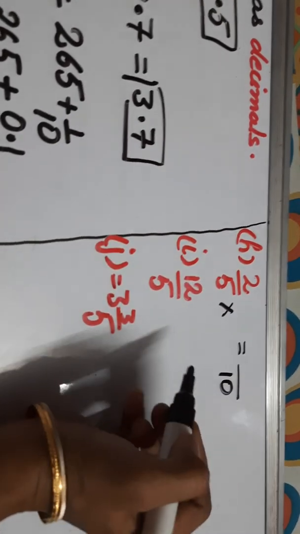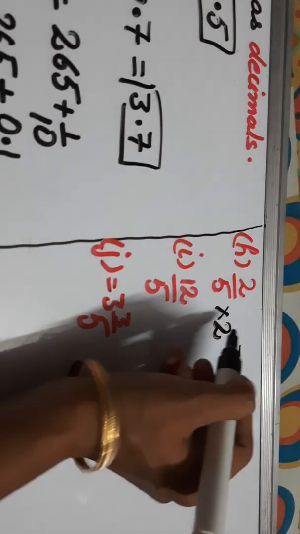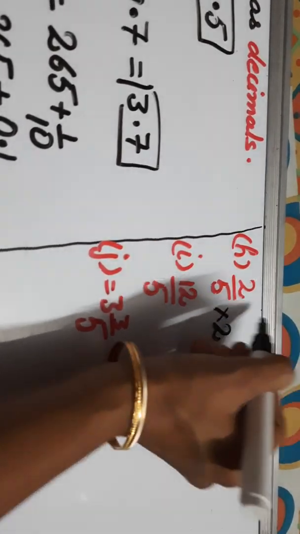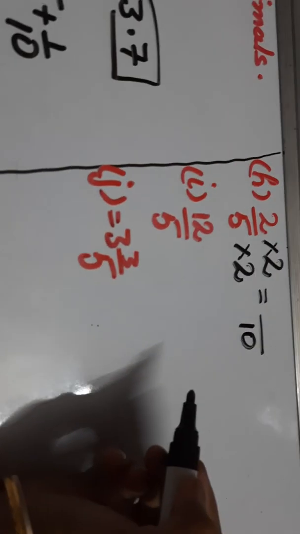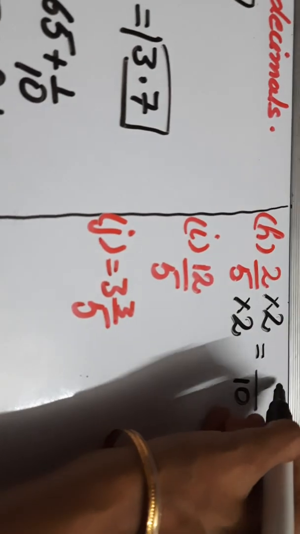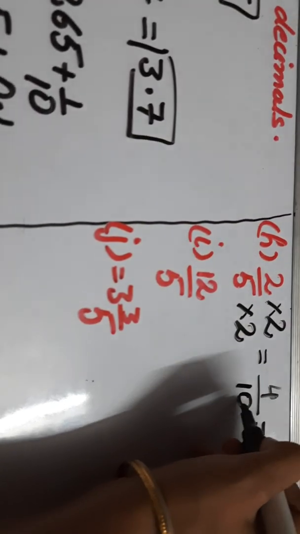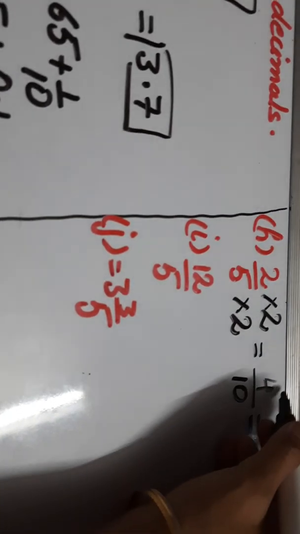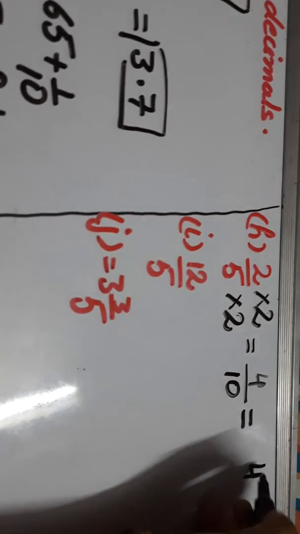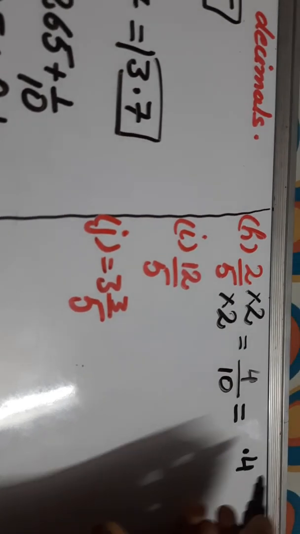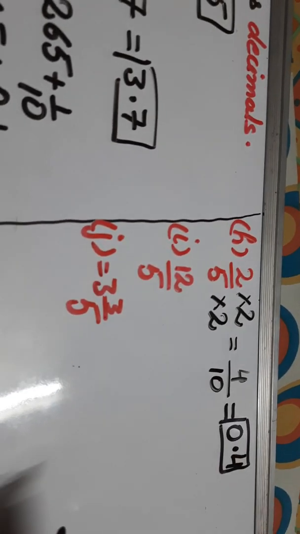5 should be multiplied by what to get 10? So 5 twos are 10. But if we are multiplying 2 in the denominator, we have to multiply 2 in the numerator also. So what do we get? 2 twos are 4 and 5 twos are 10. So for this 10, we'll place a decimal by leaving one digit. So which is that one digit? We'll leave 4, the single digit. For the single 0, we'll place a decimal. If no other digit is there, we'll write 0. So 0.4 is the answer.